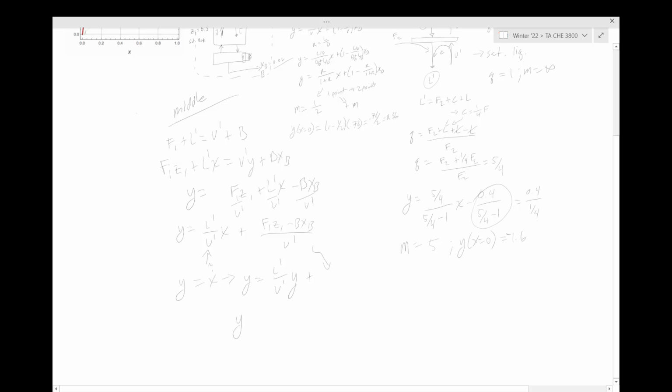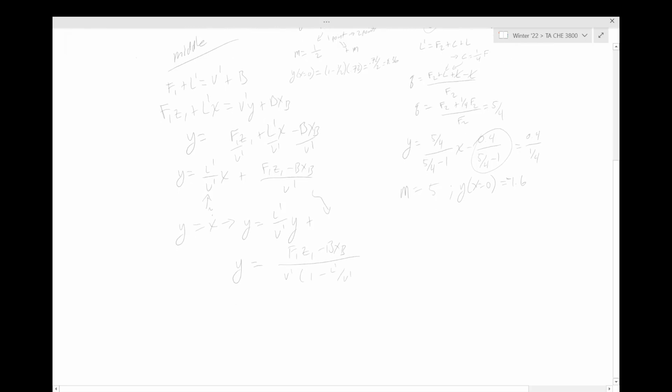So solving for y again, and then just distributing the V prime, excuse me. So we get that y equals F1Z1 minus our bottoms times our x bottom composition